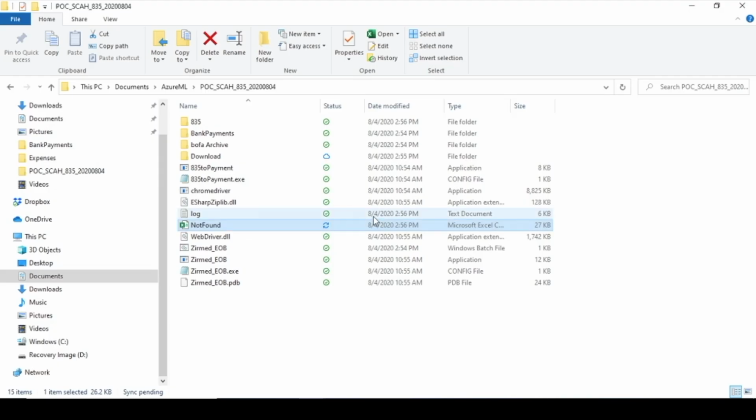This proof of concept demo was created in less than 1 week. So it's pretty amazing how fast we could go and develop a very functional solution for this use case. And the 835s are standard files, so again, those can be imported into Epic, Cerner, Allscripts, and in this case,